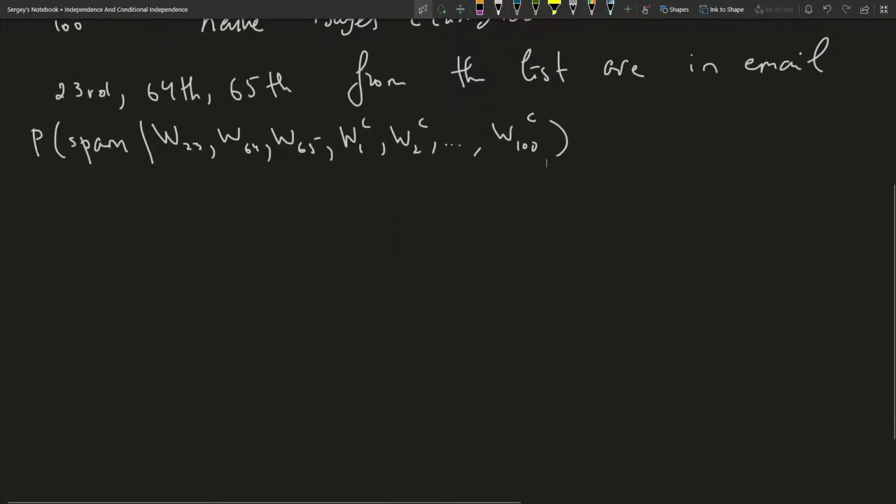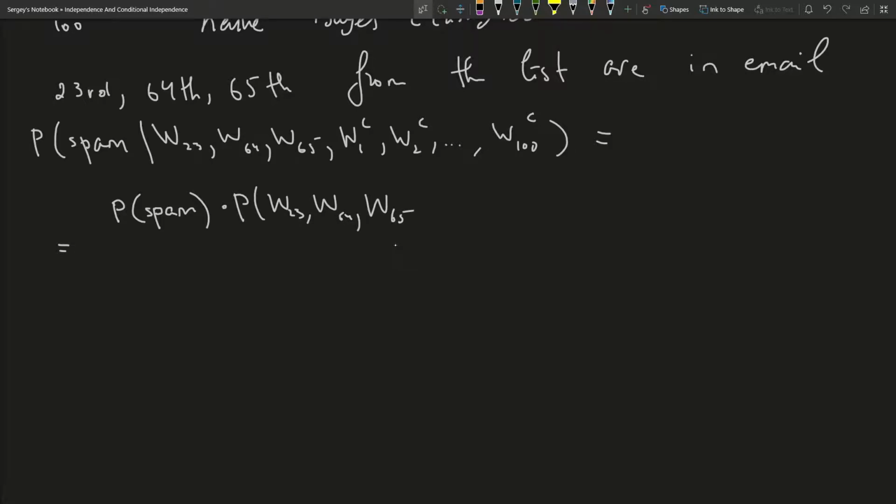To compute this probability, we're going to use Bayes' rule. We're going to say this is equal to the prior probability of the email being spam times the probability of seeing this word distribution, so seeing the 23rd word, the 64th word, the 65th word, and not seeing the remaining words from the list, given that the email is spam, over